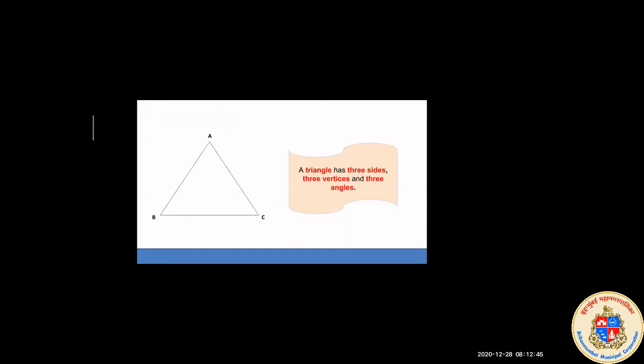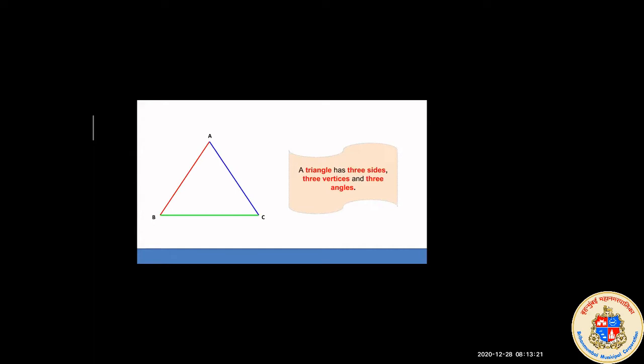See what a triangle has. Now you all know the parts of a triangle, right? A triangle has three sides. If you see on the screen, it is highlighting side AB, then it has side AC, and side BC. These are the sides of a triangle. When you are asked to name the sides of a triangle, you have to name them in the same form: side AB, side AC, and side BC.